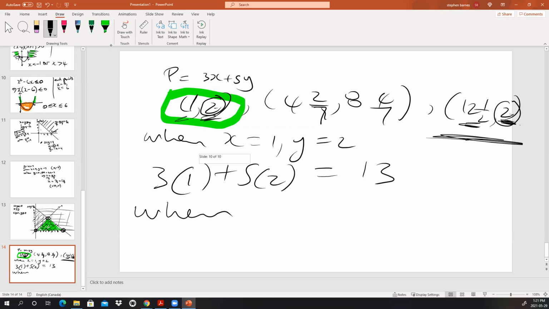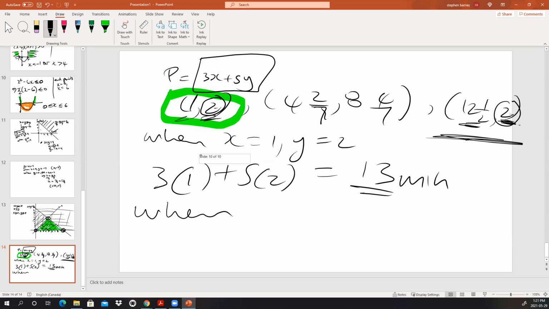If we were to compare these, they are on a level playing field when it comes to the y values. But when you look at the x value, 1 is vastly smaller than 12 and a half. So you know for sure that this coordinate of 1, 2 would give you the minimum value in this function, right? Yes. That is the smallest value, right? When you try the others now,